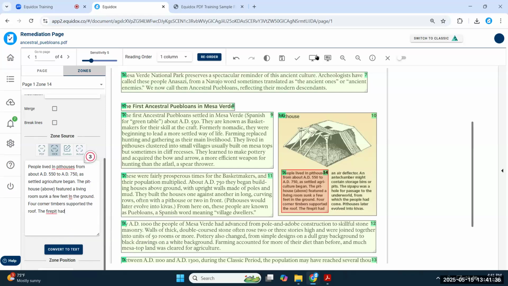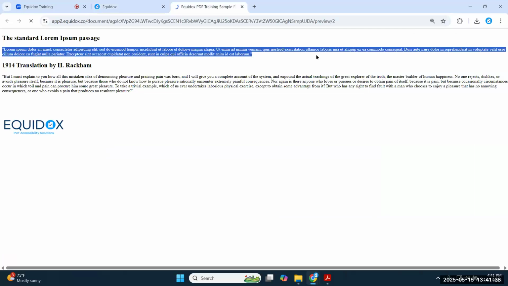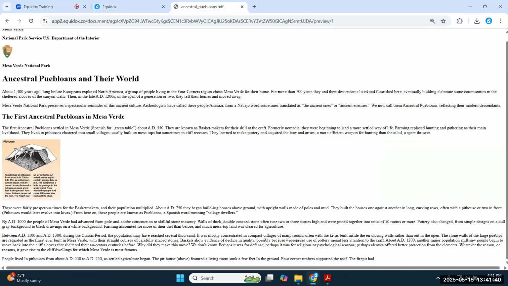But the cool thing is that if I go to my preview now, I'm not just stuck with that image here. I still have the image, but this is the text that I just extracted from it. So now I can put this text into the reading order so that the screen reader user has the exact same experience. And I'm not wasting my time retyping all of this, where I'm liable to have a bunch of spelling errors and things like that.